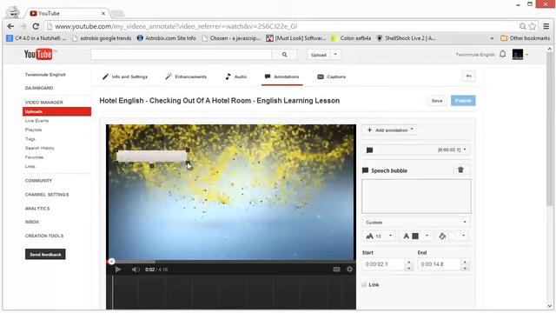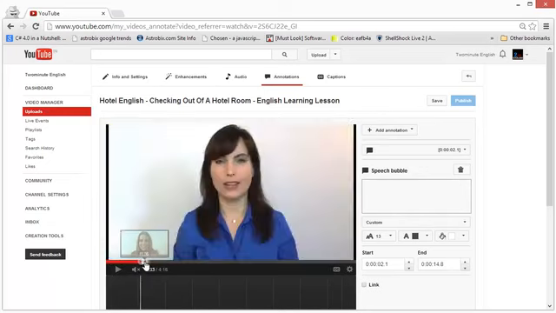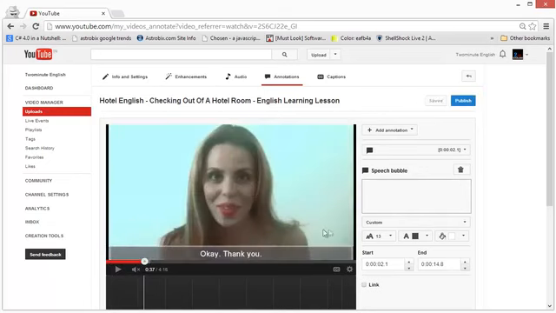The speech bubble will create a speech bubble as the name says, and you will have a little arrow pointing to whatever direction you want. If there is something that your presenter didn't say, or something that you thought of later, or something you wanted to add, you can use the speech bubble. For example, I have this character and I want them to say something. I can add annotation, click on speech bubble, and then I can just point the arrow to them and I can type the text over here